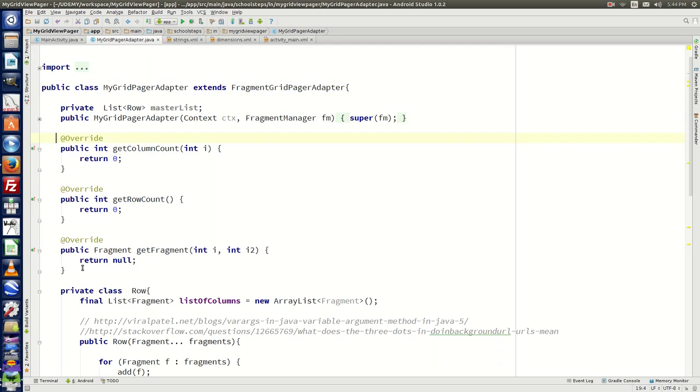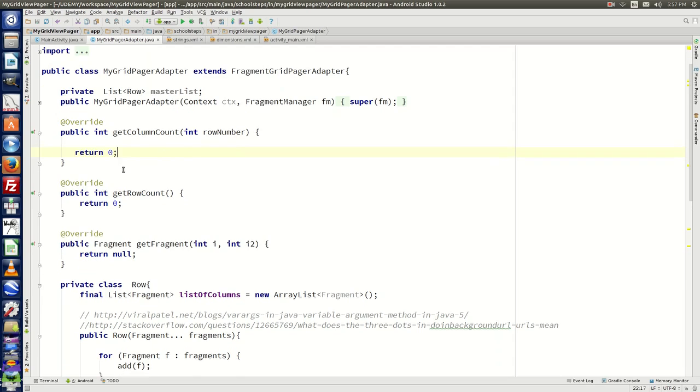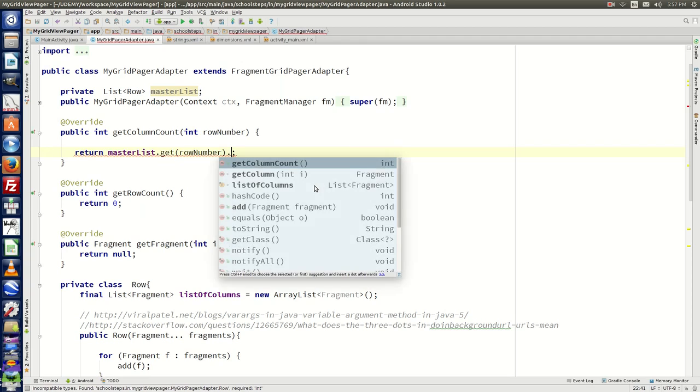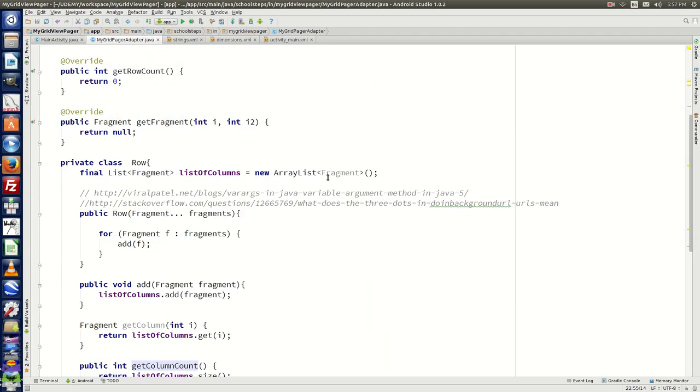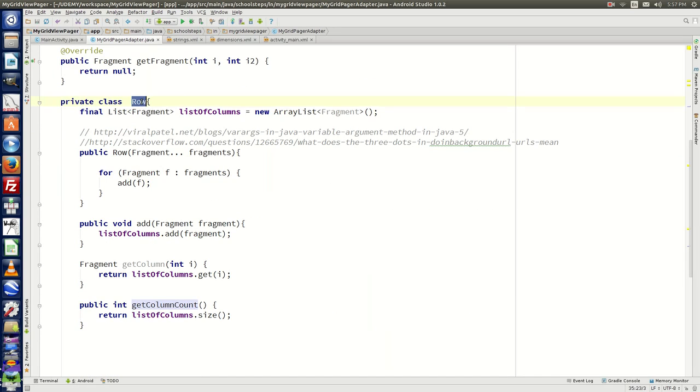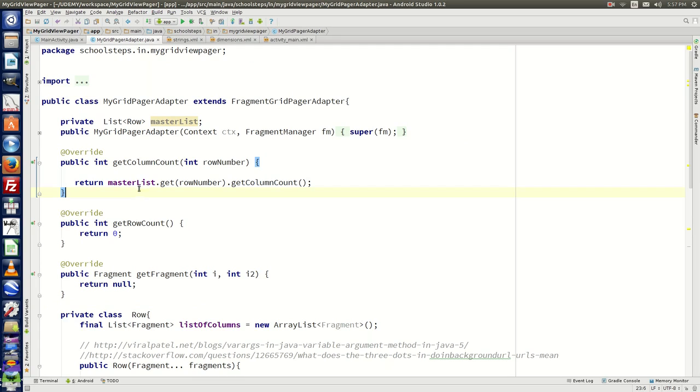Let's work on these three methods. So first of all, let's implement the get column count method, and let's change this I variable to row number. So right here, rather than returning 0, let's say master list dot get of row number dot get column count. Here, if you notice, this get column count method is the one which we have defined inside the class row. So here, using the master list, we are reaching the particular row, and further we are getting the column count